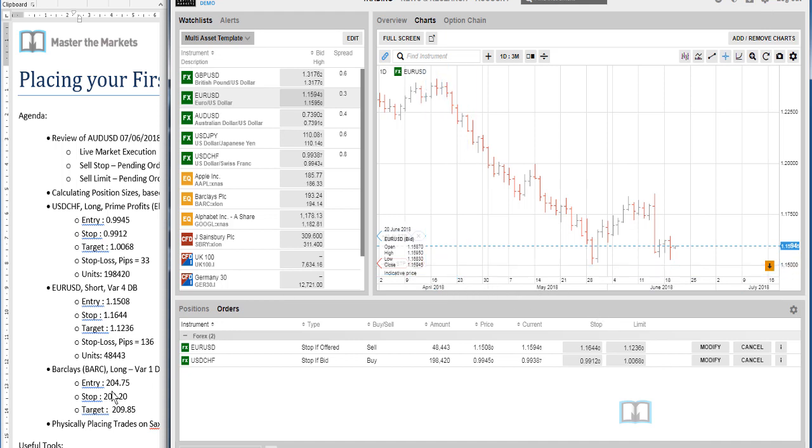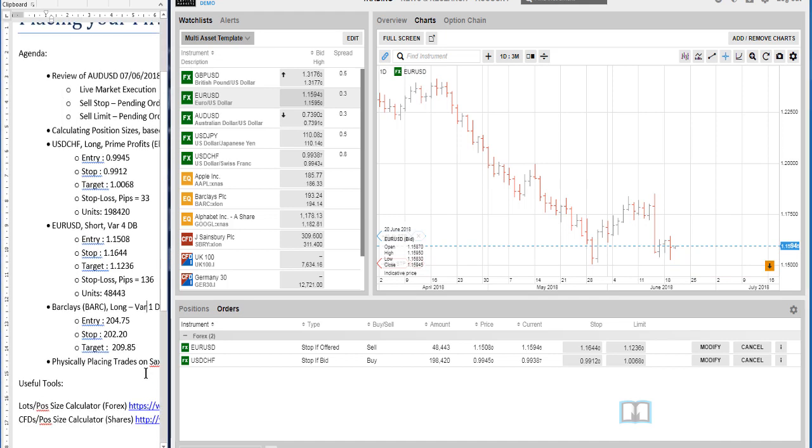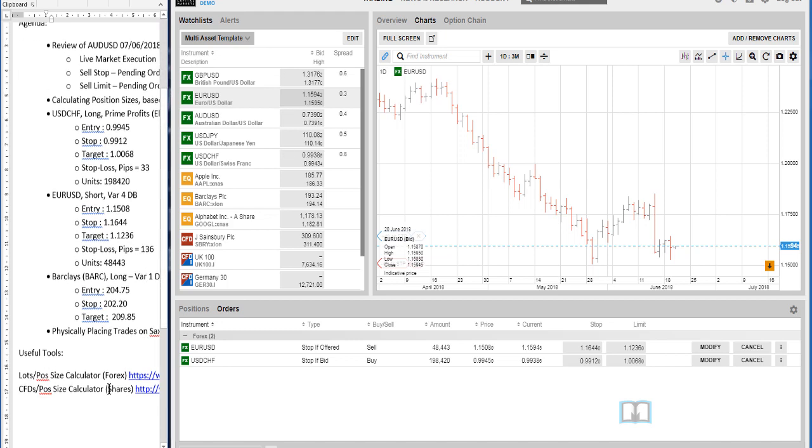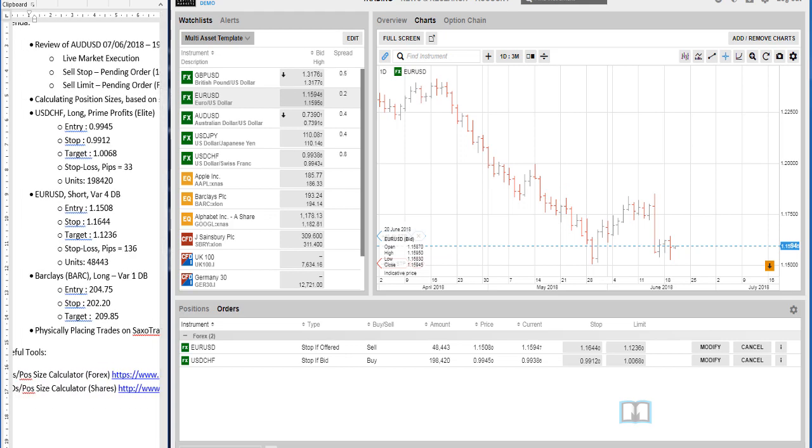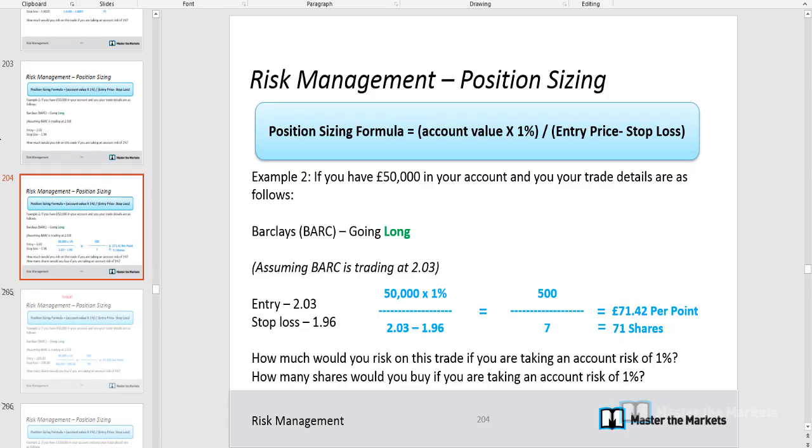Let's go ahead and do the final opportunity, which is stock, in this case a variation 1 dynamic breakout on Barclays to go long. How am I going to calculate that? Again, I've given you another tool that you can use here, which is the CFD position size calculator just here. And I've also referred across to the Traders Basecamp manual,